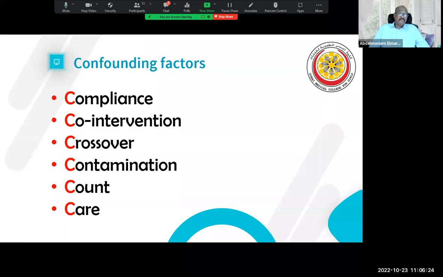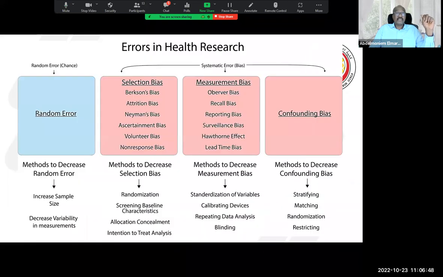Care is a confounding factor. If one group is cared for more than the other group, this is a confounding factor. You need to follow up, and you need to blind caregivers so that this confounder is abolished or minimized. So these are the four sources of confounding factors, which are considered sources of bias in clinical trials or interventional